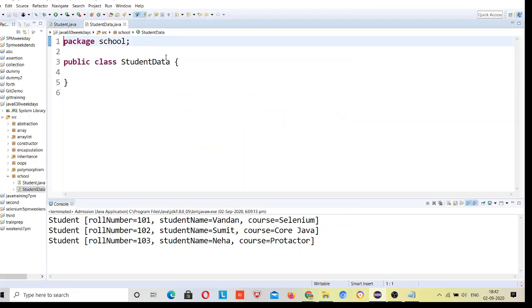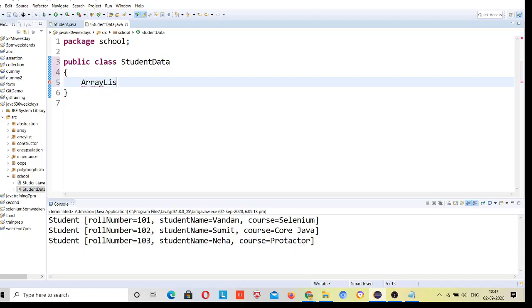What will this StudentData class contain? Here we have to define a student array list, an ArrayList of type Student, which will hold the data of those students. So ArrayList, what type?